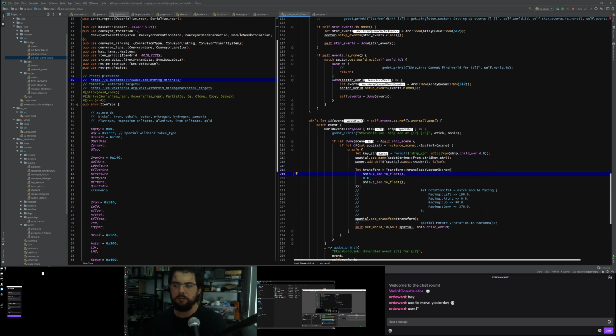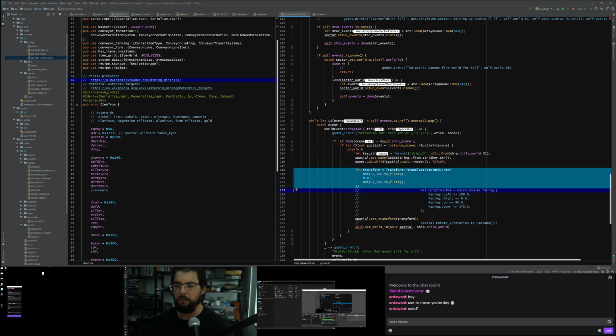Okay, yes. I was correct before when I said that we're translating the ship, but I've forgotten to rotate it. So this is why when I try to turn the ship, we don't see it turning. I wonder if I want to move the spatial node right up there in the physics command or not. And if I did want to move it up there, rather than using the event,